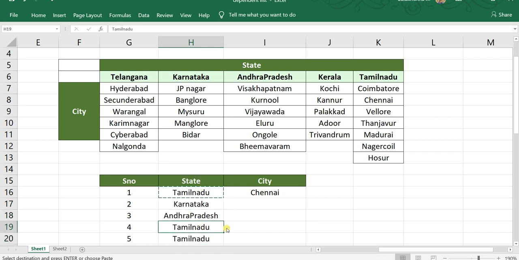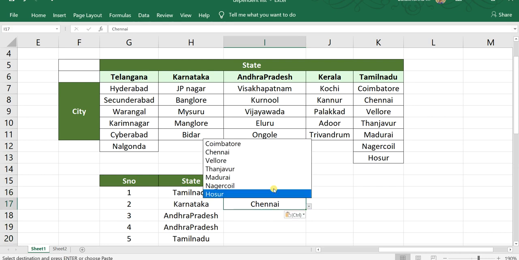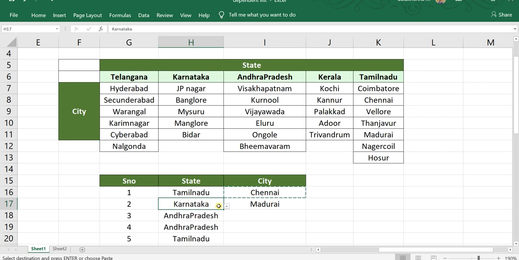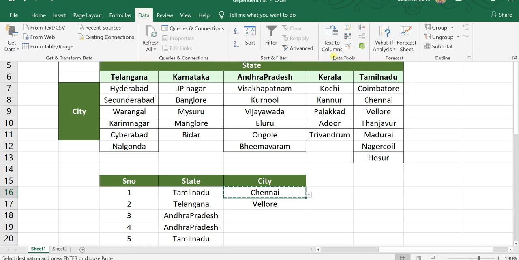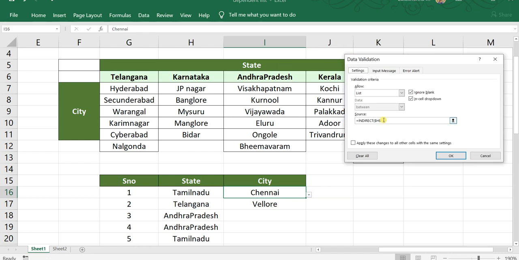The values also get changed here, but it doesn't happen with the city. Here I cannot copy this like this. I'll get only Chennai only. If I select the state also, if I select Telangana, I should get these cities list, but I won't get. I'll get only Tamil Nadu cities, because while defining a data validation here, if you go back to data and